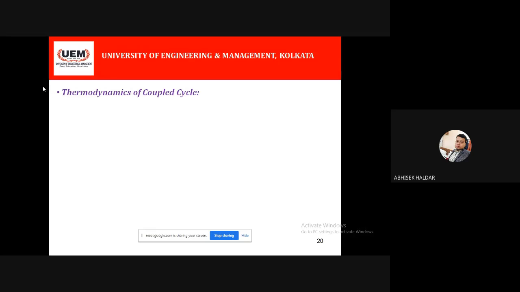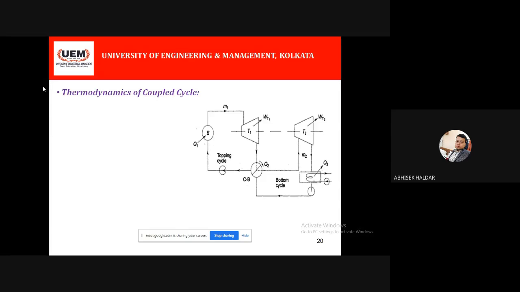In the last class we discussed the binary cycle, isn't it? If you remember that binary cycle, the coupled cycle is nothing but the same type of concept. You see, the two vapor phase cycles are coupled in series over here. Here it is the topping cycle and the bottoming cycle, two different cycles, and this is nothing but the condenser and boiler combination. That means the heat rejected by the topping cycle will be fed to the bottoming cycle. That was the concept in the binary vapor cycle also.